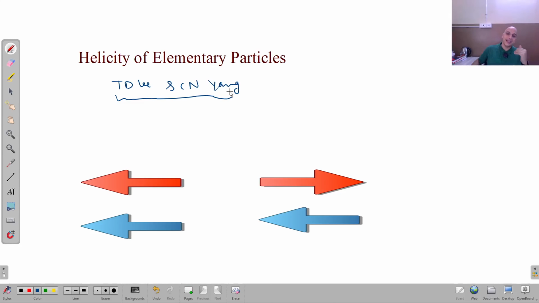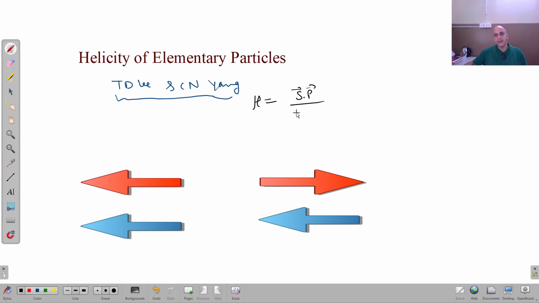The state and degree of longitudinal polarization of the particles, electrons and neutrinos, which are emitted in the beta decays, is measured by a term known as helicity, and it is written as h is equal to s dot p divided by